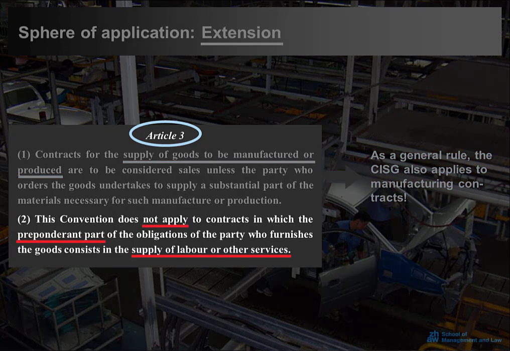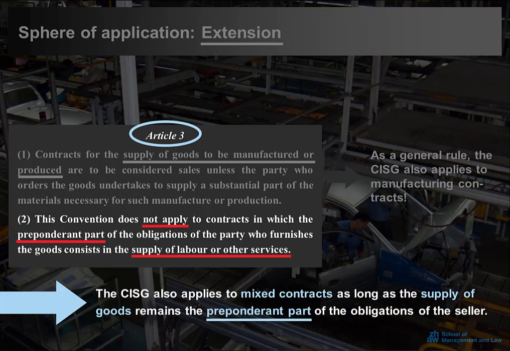However, according to Paragraph 2, the CISG does not apply to contracts in which the preponderant part of the obligations of the party who furnishes the goods consists in the supply of labor or other services. This shows you that, as far as mixed contracts are concerned, the CISG takes a preponderant part approach. The CISG applies to such mixed contracts as long as the supply of goods remains the preponderant part of the